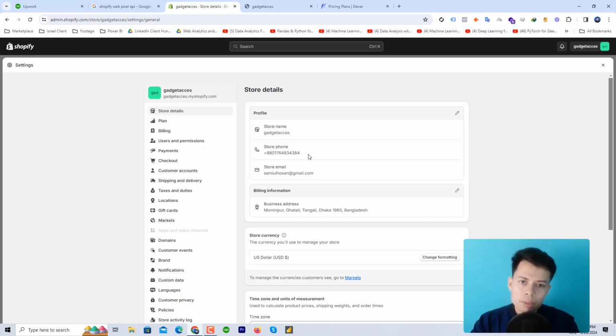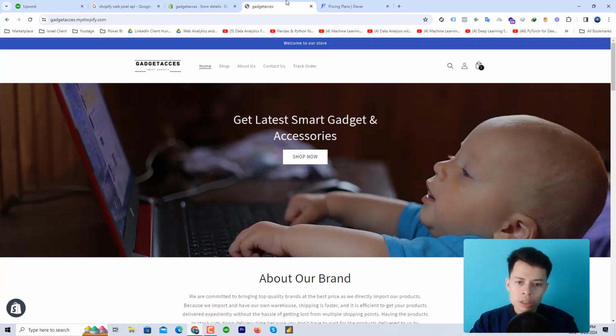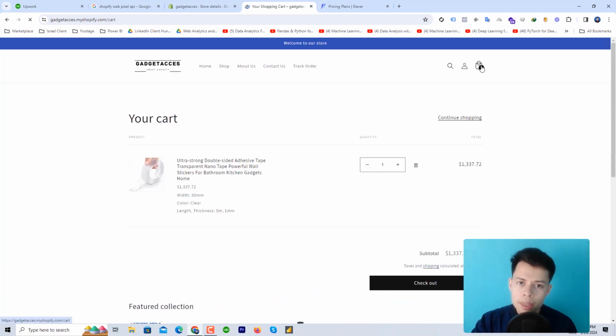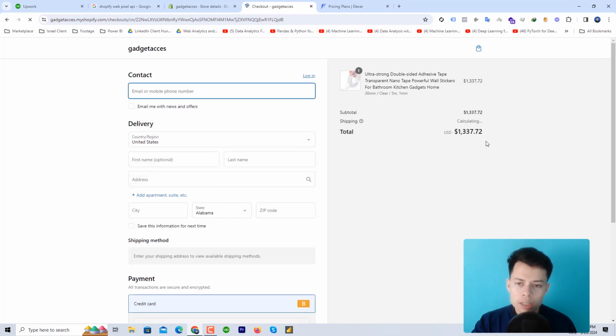Let me dive into one more thing. As an example, this is a Shopify basic plan. If I go to the checkout page from the cart page, now look at this. This is the checkout page. Previously,